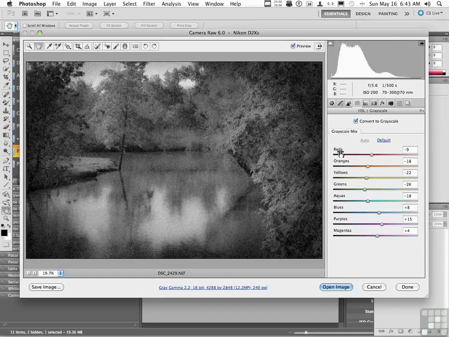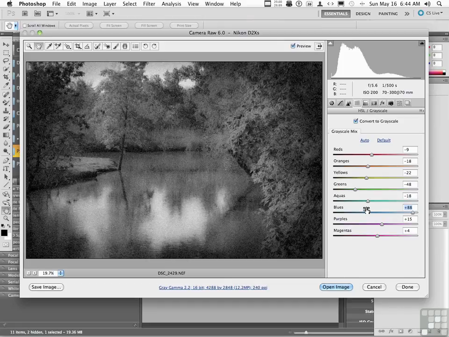I usually use just the primaries, red, green, and blue, but watch what happens if I go into my greens and begin changing it. All right, it begins lightening up the green areas, or I could go the other way to darken up some of those green areas and create a little bit more chromatic, kind of like contrast. And blues, the same thing. We could shift them just a little bit to get that water maybe a little bit lighter. Let's say we like this. We've taken a color image and we've kind of made it look a little bit more like an old image,